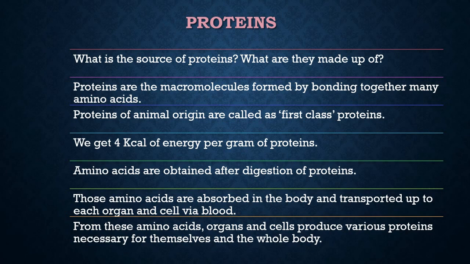A question may arise: if protein is needed for the body, why does it have to be digested into amino acids, then the amino acids carried to the cells, and rebuilt into a protein again? We have to understand that the protein supplied via food is not the same type of protein that the body needs for its functioning. So the protein as a supplement has to be digested or separated into amino acids. Then it has to be rebuilt according to the needs of the body's functioning.